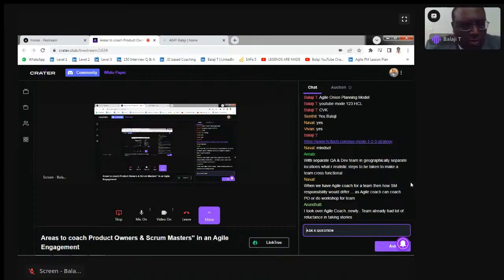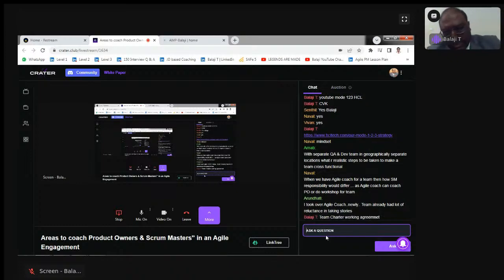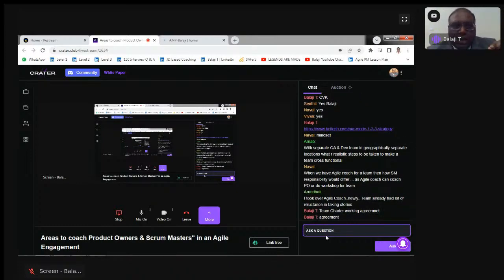Okay, when we have an Agile coach for a team, how would the Scrum Master responsibility differ, as the Agile coach can coach the PO or do workshops for the team? See, as far as an Agile-driven engagement is considered, we generally have a team charter, wherein we create a working agreement, right? In that working agreement, we mention clearly what all the responsibilities of a Scrum Master are, whereas